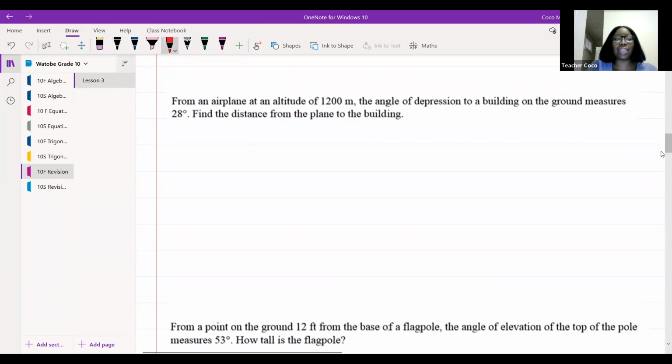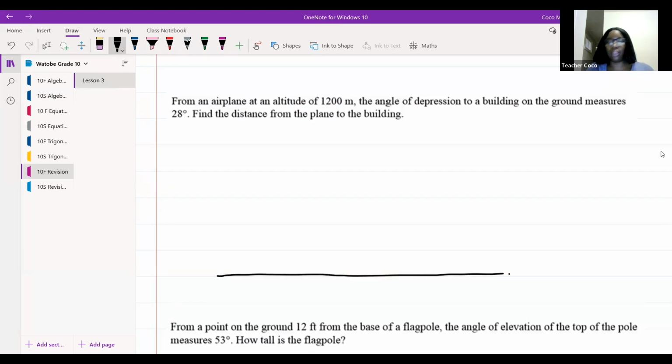Now, let's think about this. Our airplane is not going to be on the ground, right? Our airplane is not going to be on the ground. This is the ground over here. And our plane is going to be where? In the air at an altitude of 1,200 meters. Now, what that tells us is that from where the plane is,